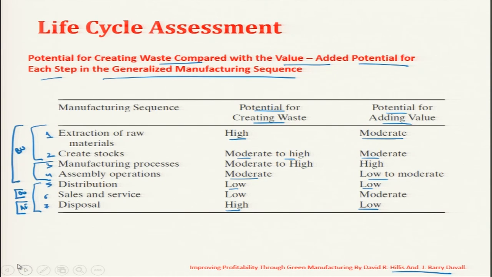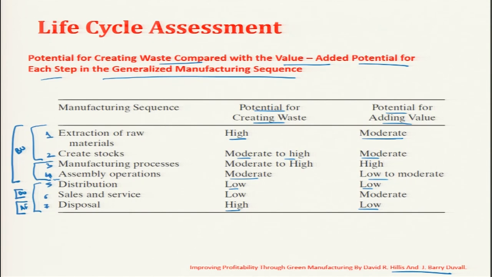Balancing the potential for waste against the potential for adding value has been a manufacturing tactic for years. Now, changes in technology, knowledge management, these things are coming, which requires reordering the balance between the value added and the waste generated at a particular step. So, the company that limits itself to only one step, for instance only manufacturing processes, or only assembly operations, would in theory be simplifying its business by focusing on just that function, but this limits the company to calculate the total value added in this step.